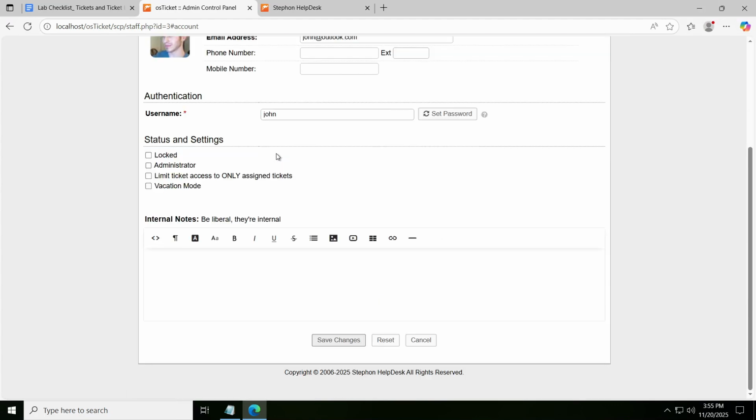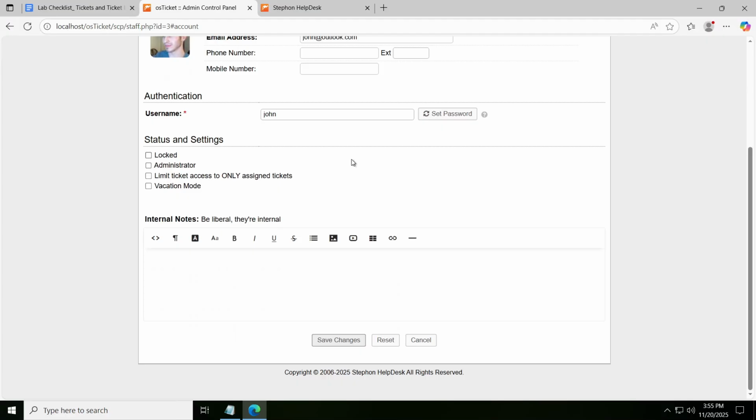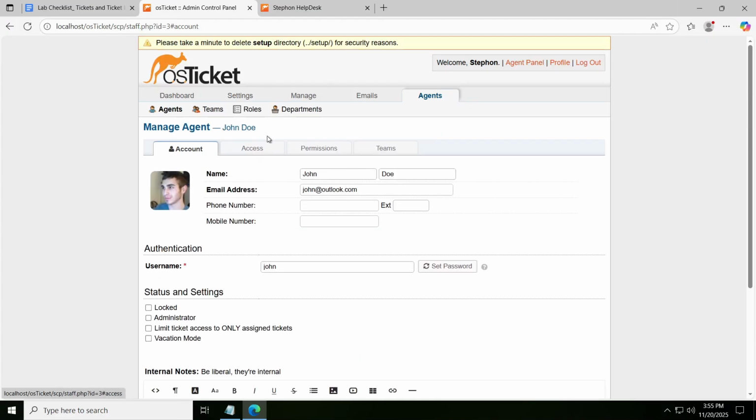All right. But he should be, right, primary department. So he already was in this department, and limited access, right? He only needs limited access. So this is fine. I'm not sure why he couldn't type in messages, but